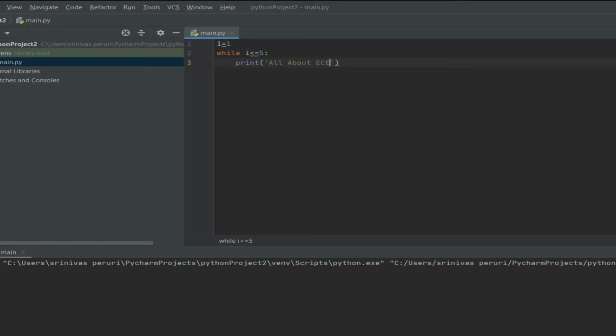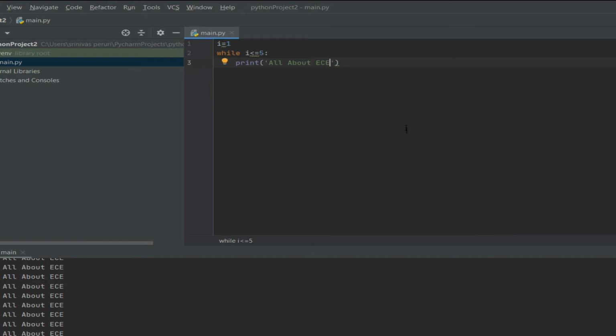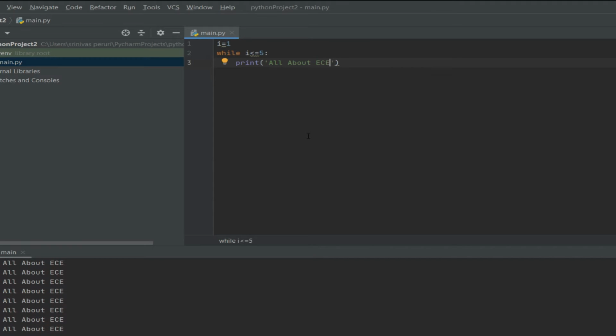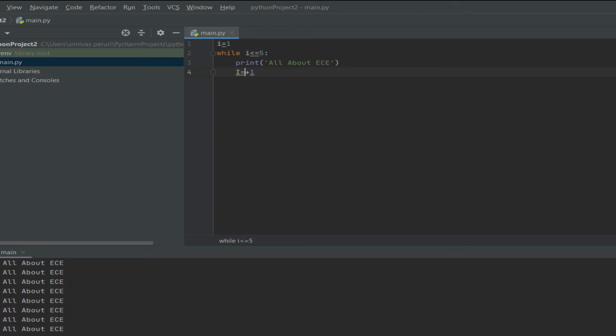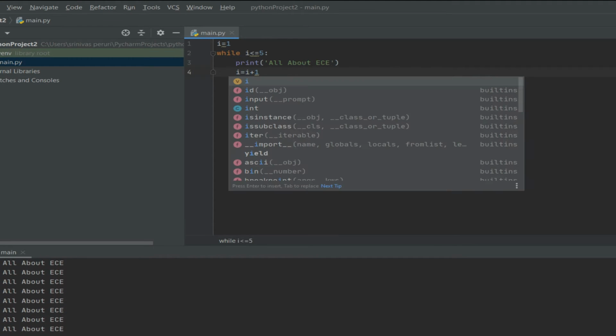Let's run this one. Oh, sorry. Why is it continuously repeating? Because I didn't mention the increment. When you are not specifying any increment or decrement, it leads to an infinite loop. So make sure you correct this.